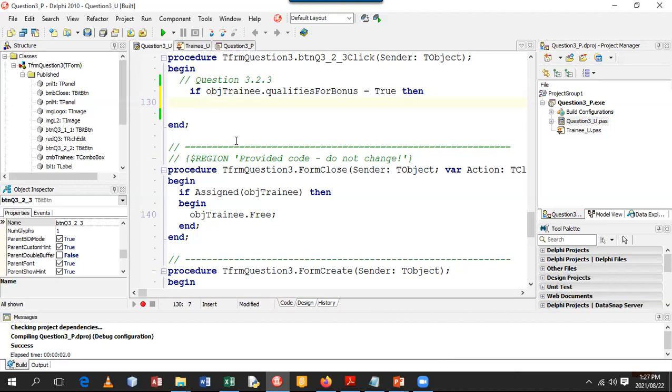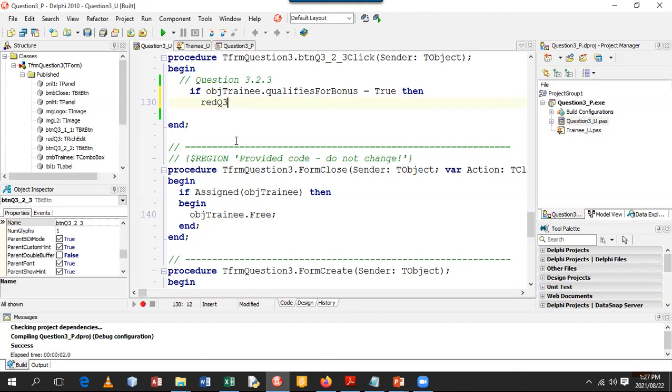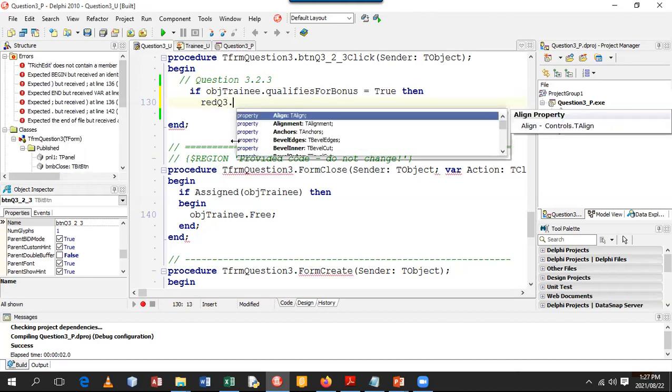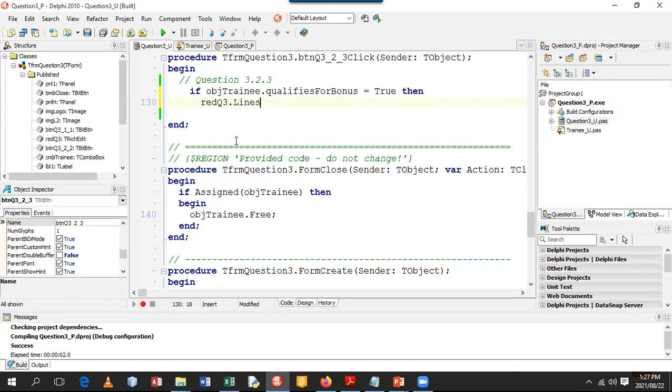I'll show you both. Then red Q3 dot lines dot add